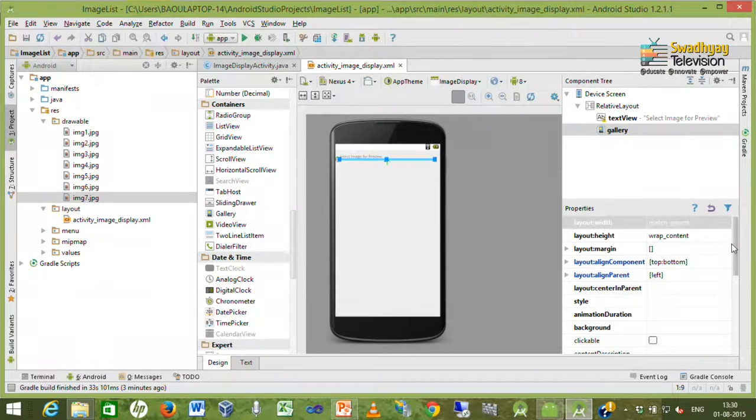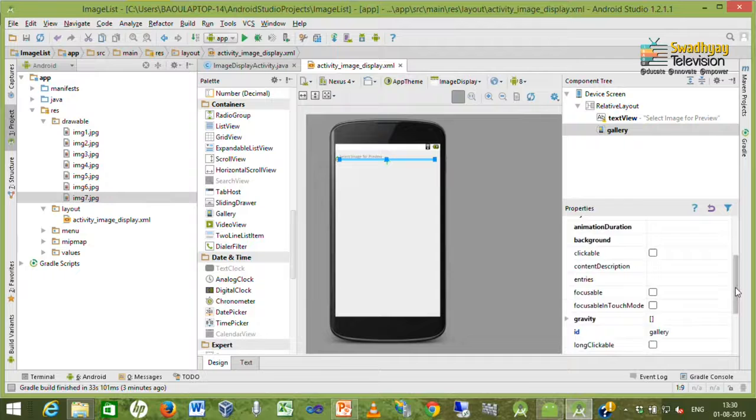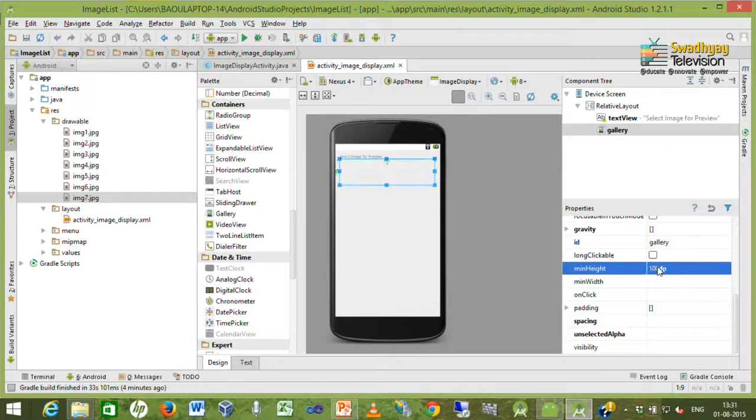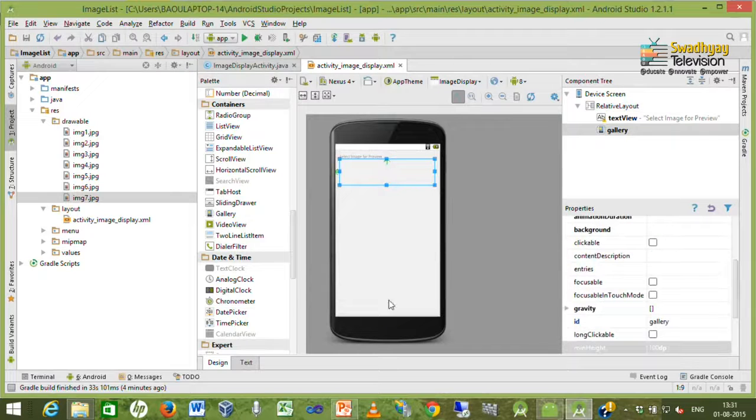Now, we want to set its height to 100 pixel. Inside minimum height we have to write down 100 dp or just 100. So, here you can see our gallery height is changed to 100.